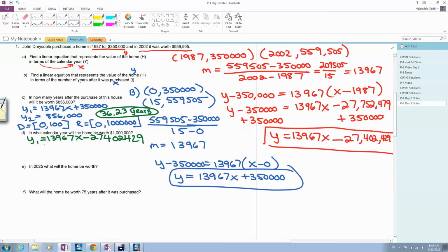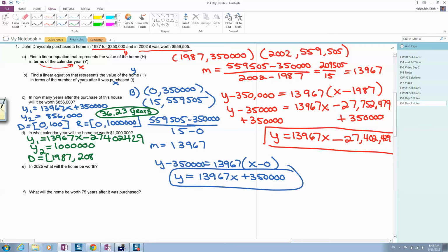Now, our y sub 2 is 1 million, because that's what the home is worth. And then we want to do the same thing. We'll use now our domain, because we started in 1987, so that's our starting point. And then we'll do like 100 years, maybe